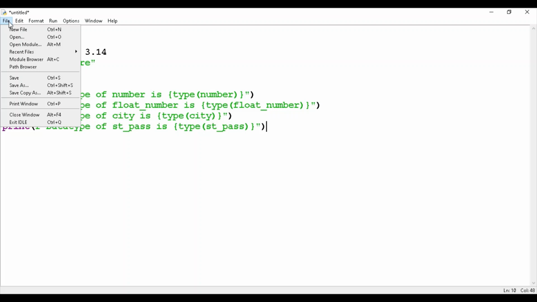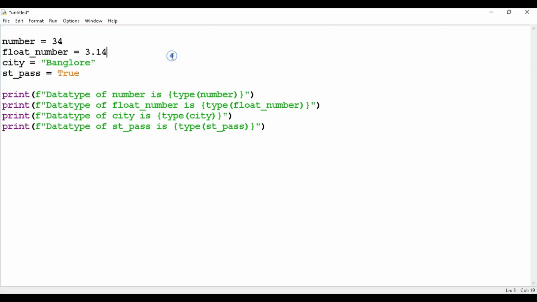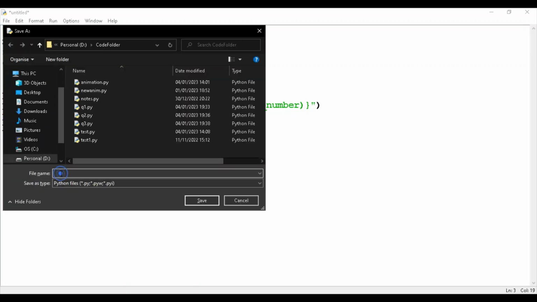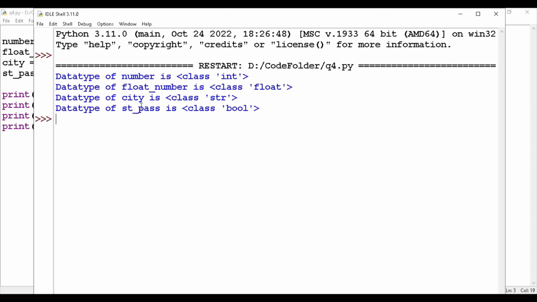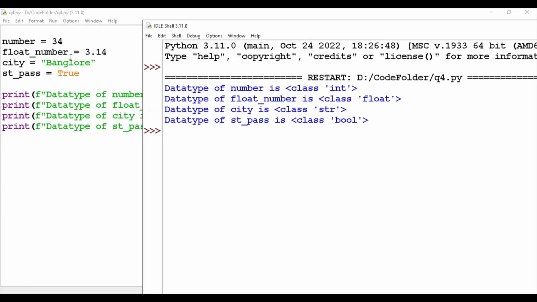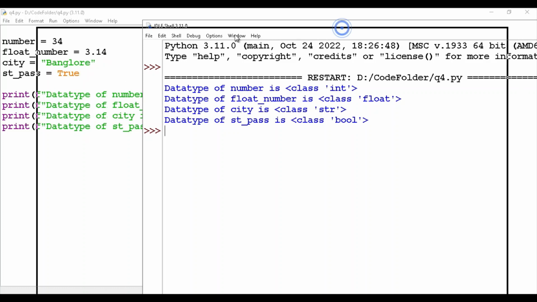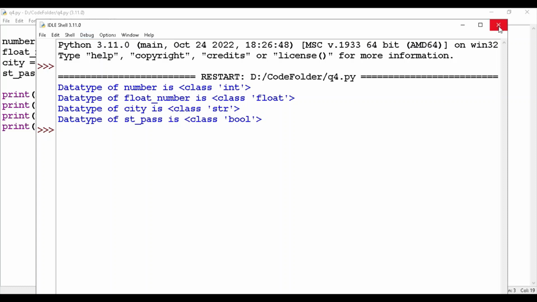Now you have to save this file and Control S. So here this is our question 4. So Q4 I am taking. Save. Now running. So now it is giving data type of number is class int, data type of float number is float, city is string, and st pass is boolean. So in this way you can check the data type of variables.